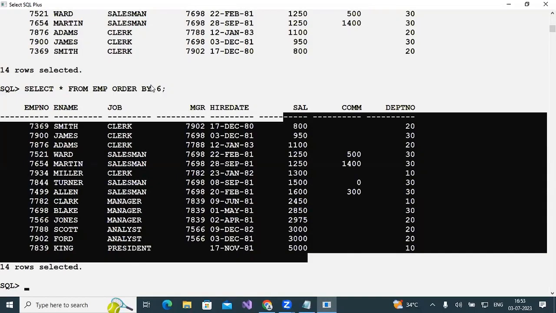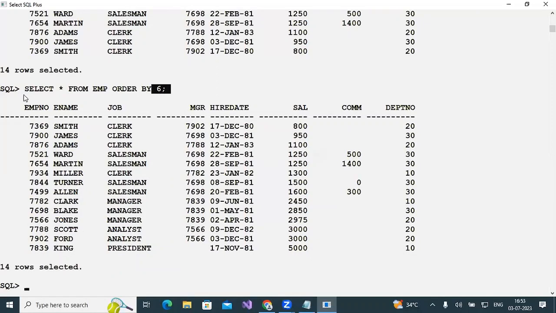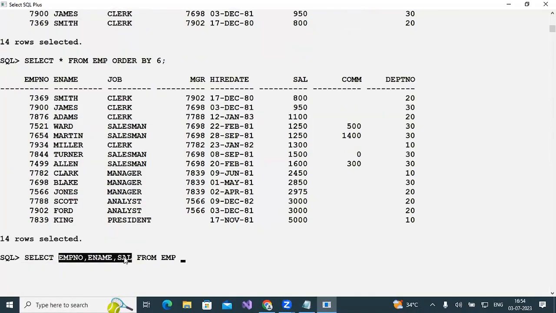But what I'm saying here is that these positions are decided based on the columns selected in your query. Based on how many columns are selected in the query, your position will change. For example, this time I'm not using star. I'm just giving number, name, salary from EMP. Now tell me, in my select query, how many columns did I select? Three columns. In these three columns, salary is in which position? Third position. But if I give order by six, with the desc keyword or whatever,